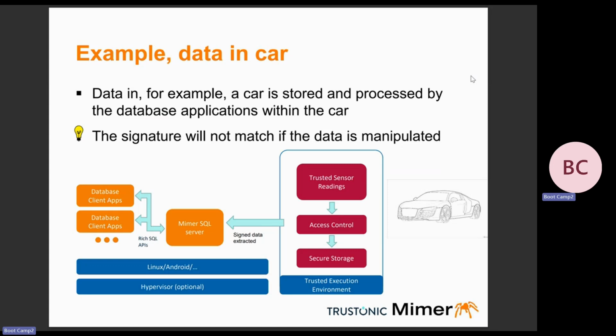You may have something else for other uses. And then we can take this data up into the cloud and accumulate the data from all the taxis. And once we get to the cloud, we still have these signatures. So we can still validate that this data has not been tampered with. So this is an example of how having a TE at one end can lead to data in the cloud that we can be completely sure is correct data. That's an example of this TE